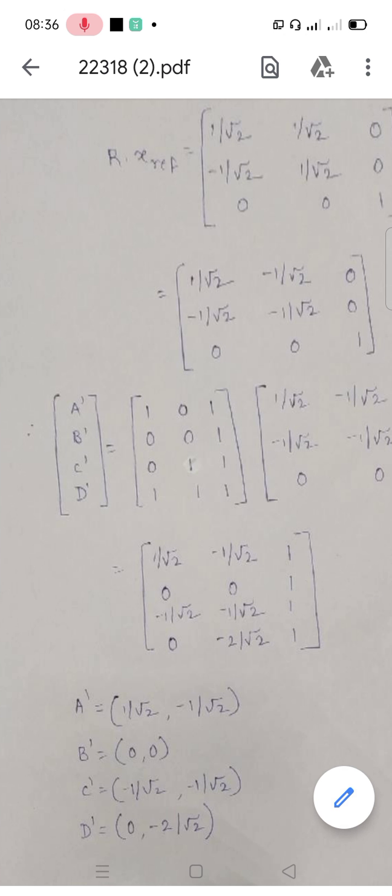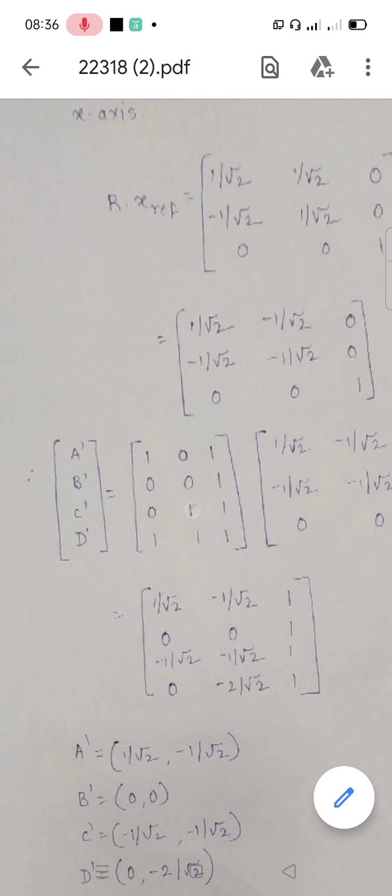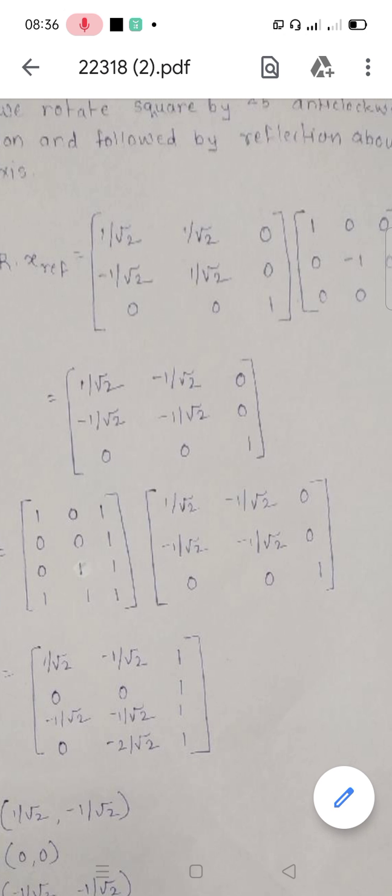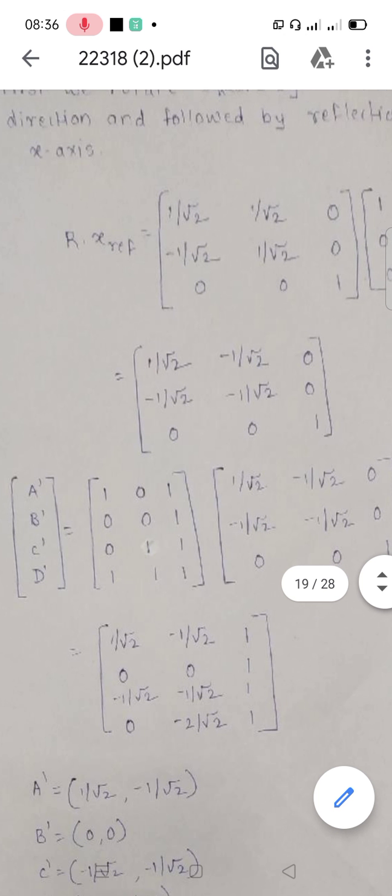So you have written here the coordinates of the square. You have 2D coordinates, so that's why you have only x and y values. You don't have a z value, and the last column is unit distance values, so we keep it as 1 only. We have represented the coordinates of the square using a 4 by 3 matrix. Then you have the composite transformation matrix, which we obtained in the last step, a 3 by 3 matrix. Now you multiply the 4 by 3 matrix with the 3 by 3 matrix and get a final result.